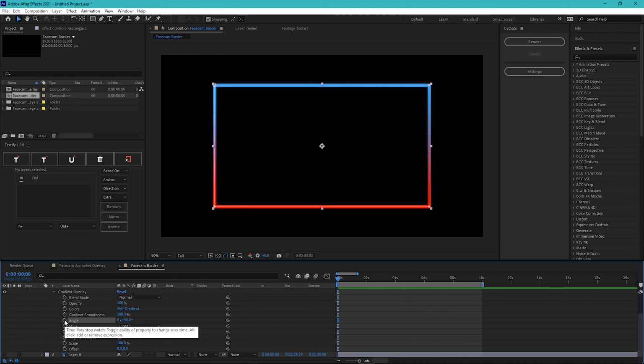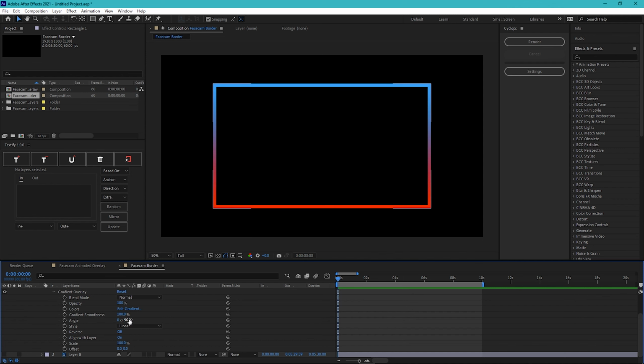So if you go ahead and click the stopwatch, if you guys can see on the timeline, there's now a random dot. This is what we consider in the After Effects world as a keyframe. And basically a keyframe marks any form of movement in an animation at any certain point in time. It is very controllable and it gives you a lot of creative freedom most of the time.